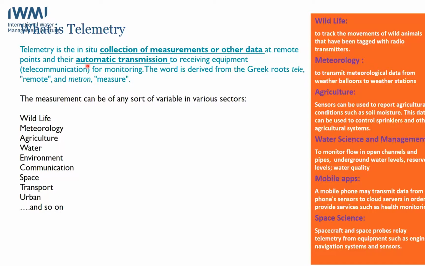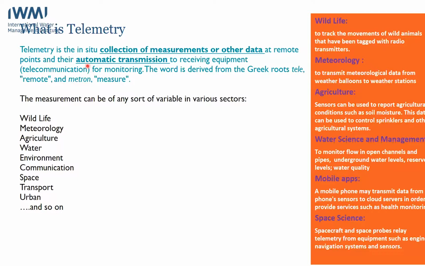So this is another area where we collect data and transmit data, and we can call this a telemetry system as well. In water science and management, we can monitor the flow in open channels and pipes. We can monitor the groundwater levels. We can monitor the reservoir levels, water quality parameters, and so on and so forth as part of the telemetry